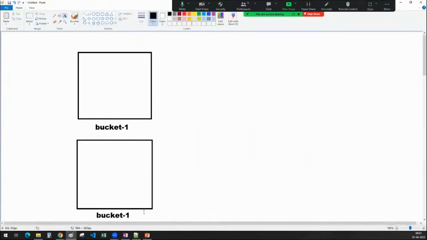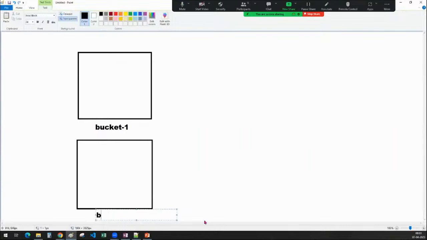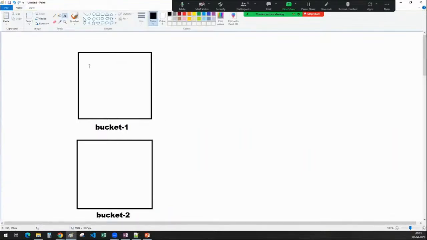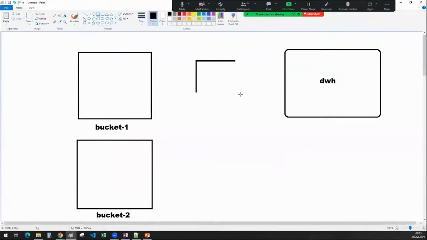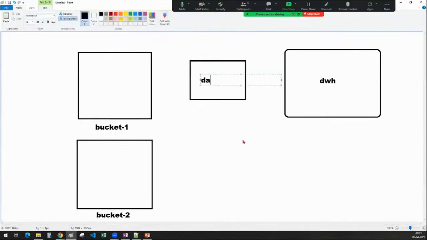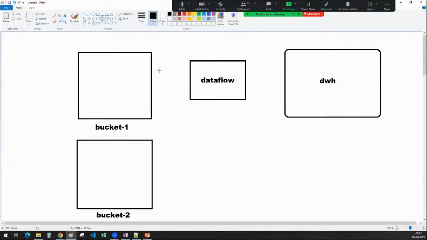Usually, what I have to do is send this data from the bucket to BigQuery, a data warehouse. And before doing that, I want to do some data processing. I am using some Dataflow.